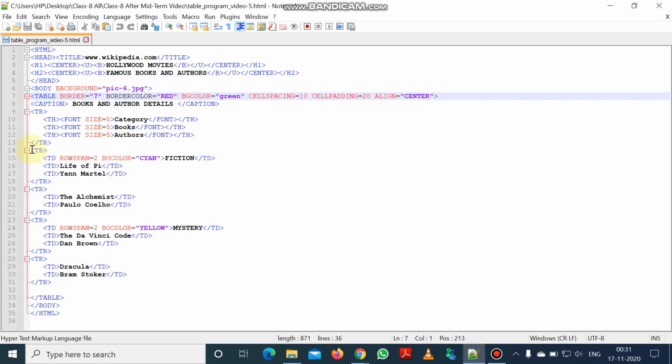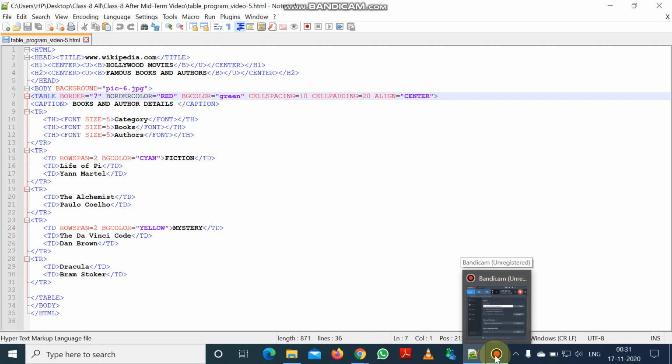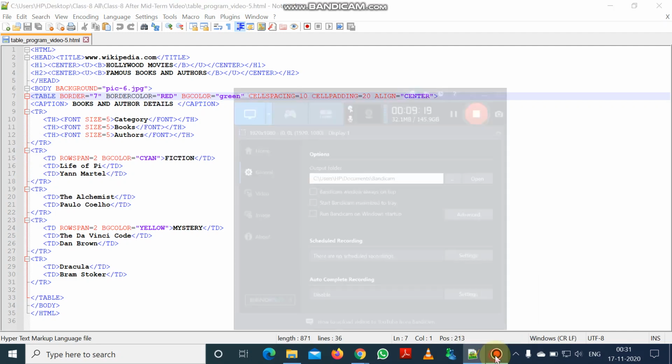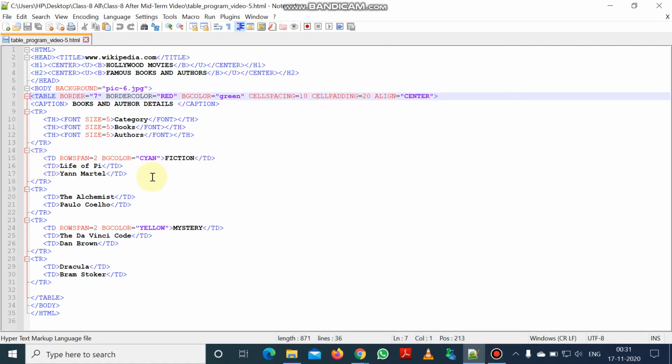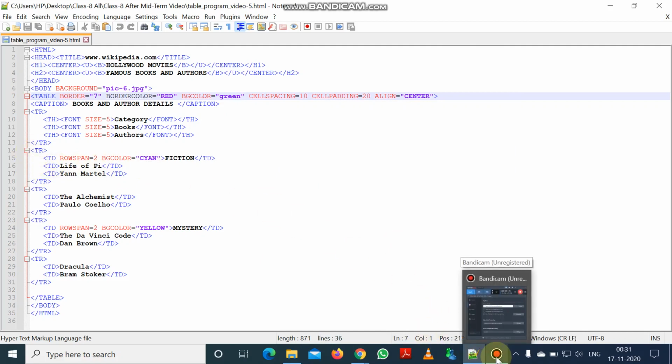So we have started the second row with the tr tag. After that we are giving the td tag. I have already told you that row span is a special attribute, and row span can be used with the td tag, tr tag, th tag, with any tag. So now you can see that first we have created the second row with the starting tr tag.